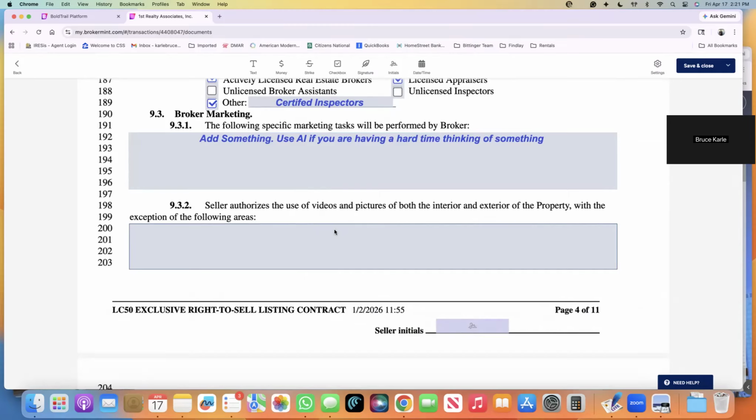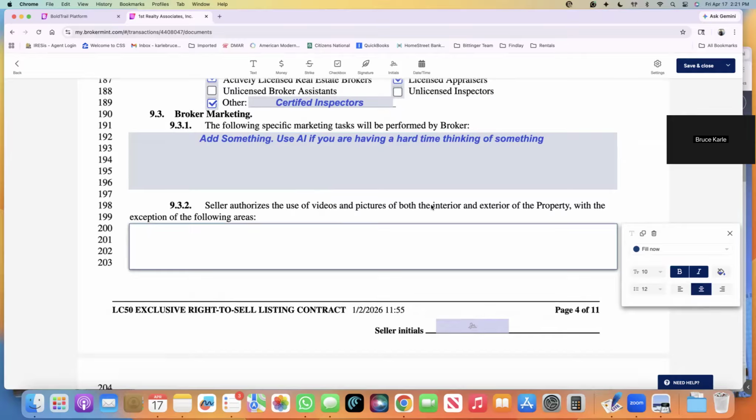Seller authorizes the use of videos and photos of both the interior and exterior of the property, with the exception of blank. Sometimes you have religious shrines. Sometimes you will have egregious posters. You might have things that you don't want photographed, but sometimes the seller may not want something photographed and open to the public. I like to think of examples in this case. Examples would be a gun safe,